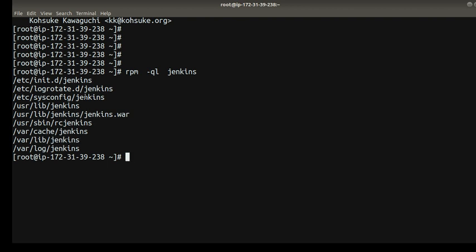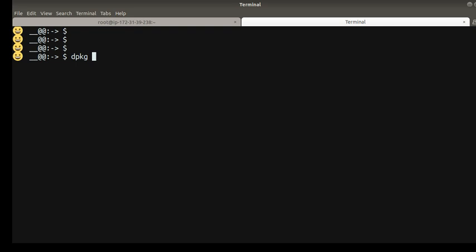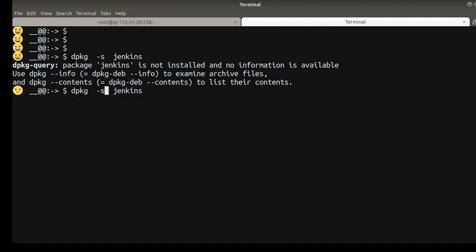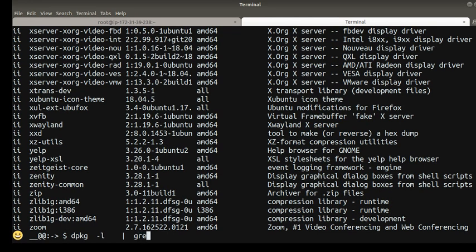Okay. Now, if you talk about some configuration detail, if you open this configuration file. In Ubuntu, how can you check that? If you have an Ubuntu based OS, dpkg -s jenkins, sorry, dpkg -l or something is there. I think it's -l. I don't think it's installed in my system, but dpkg -l, and if I grep it like jenkins,